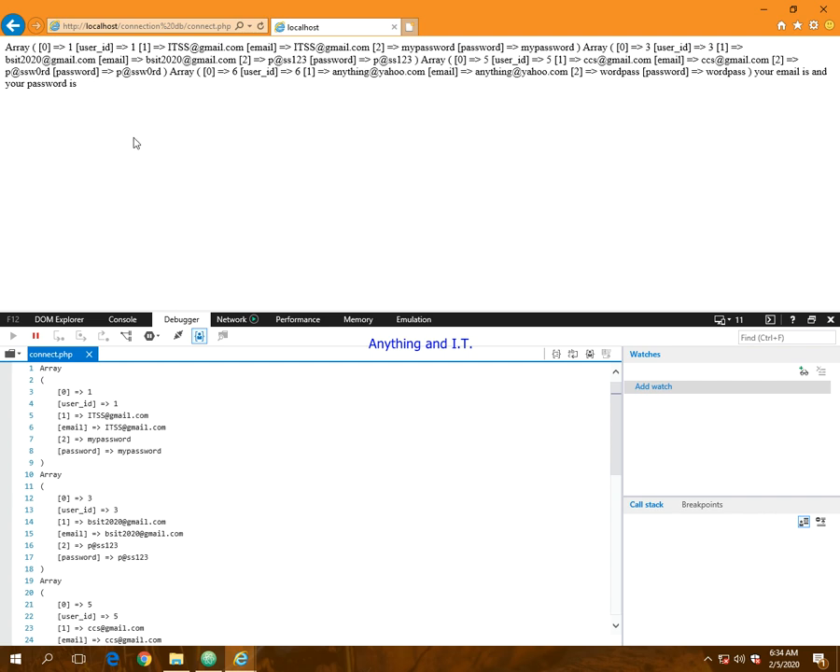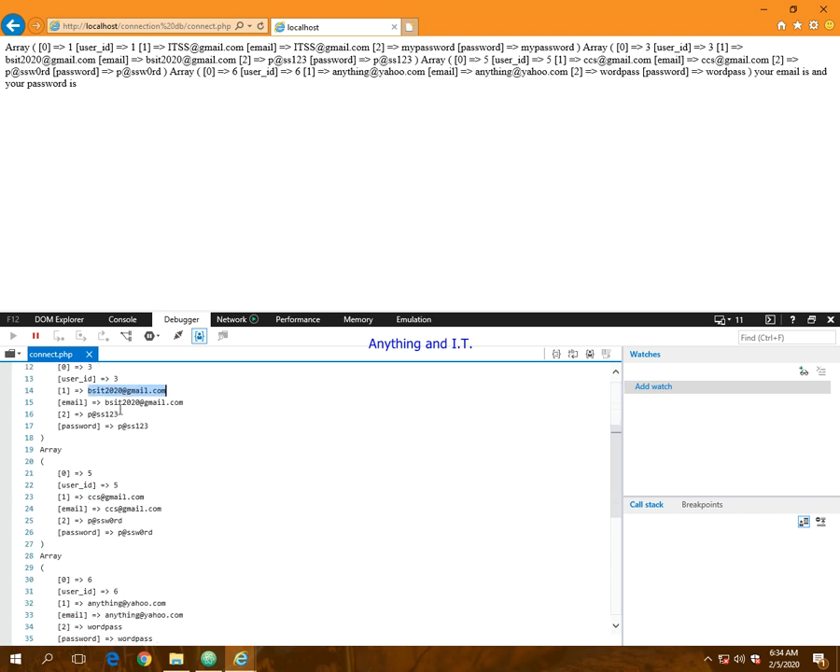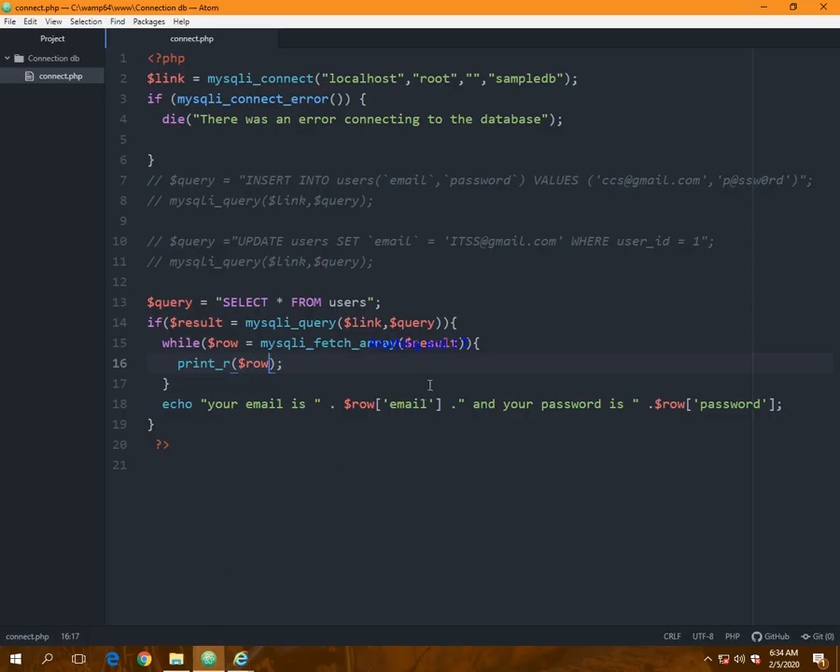Now, what about if I would only want to display or select bsit2020@gmail.com instead of displaying all of them? So we could do that by simply using our keyword where. Okay, so as I've mentioned, I would only like to display